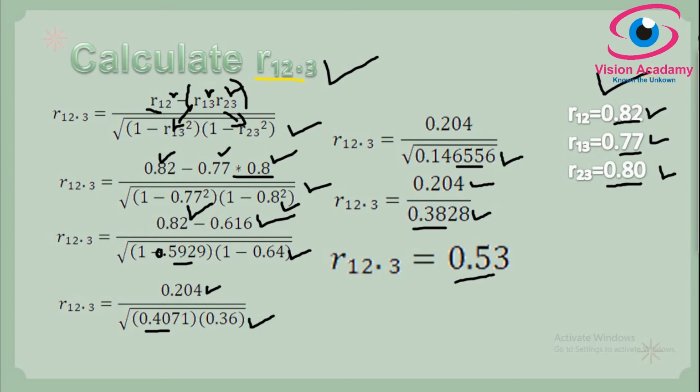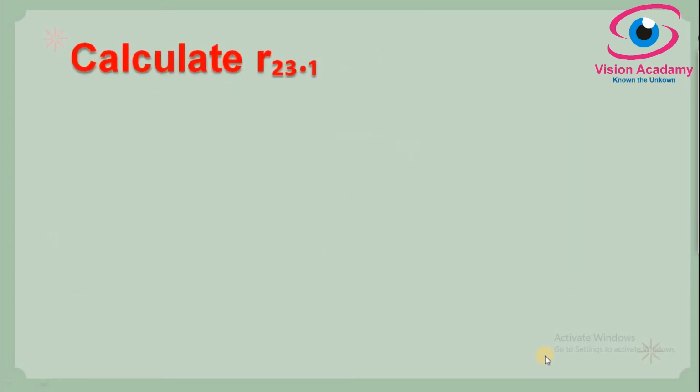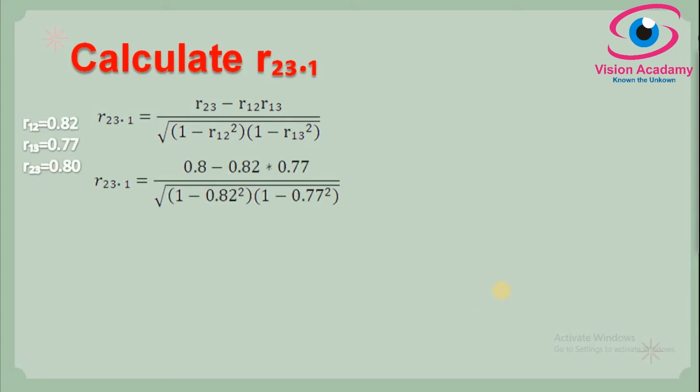Now let us move on to consider the second option. So that is the second option, R23.1. We know the formula we have to use for the second option is this, and these are the required information to apply to this formula. Here the formula is replaced by the respective values, which are given in the problem only.